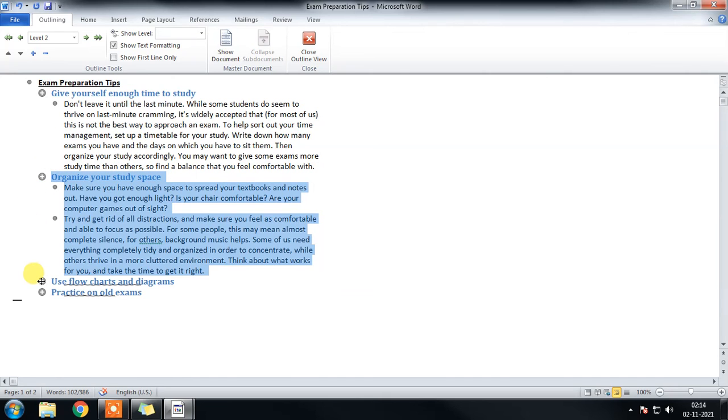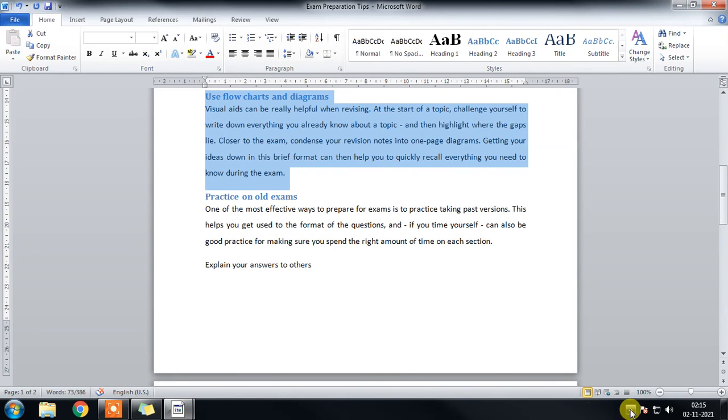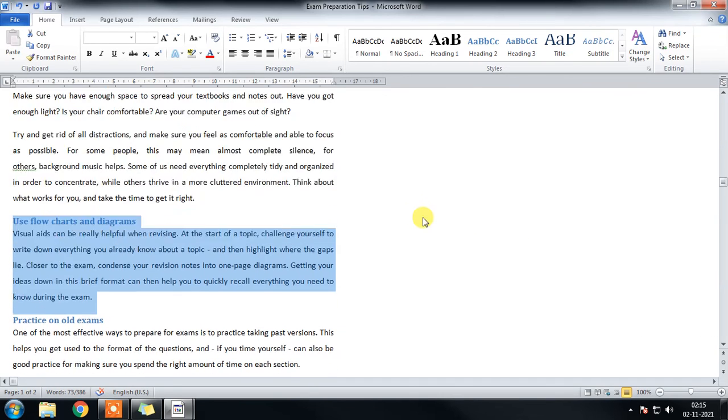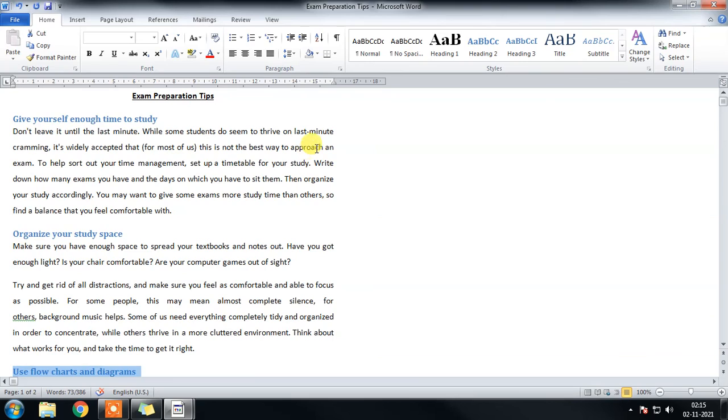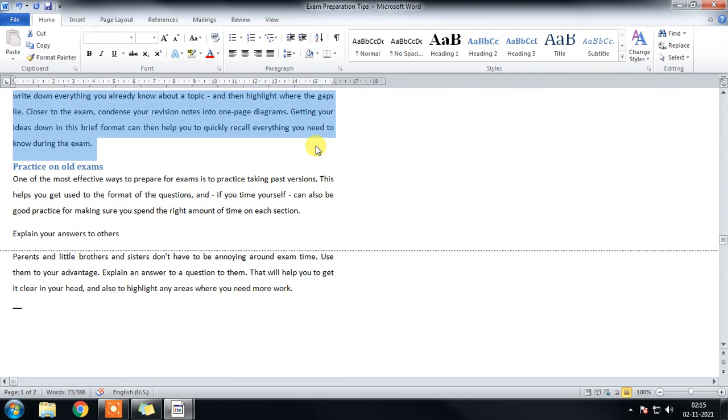This one is the draft view. The draft view, in the sense, won't show the individual pages. The complete document will be seen as a single page, but only to show the difference, because this is the second page, the page differences will be shown by using a dotted line. Whereas in print layout, we will see completely different pages with the page break.